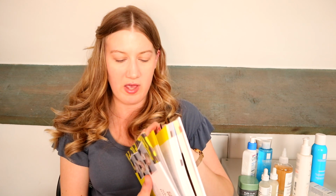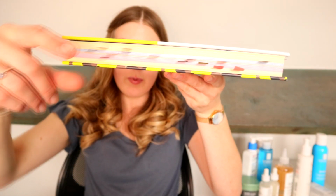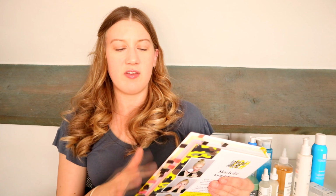Anyway, so that is my summary of how I've decided to rejig my skincare after reading this book. I have to admit it was an overwhelming amount of information when I first started reading it. There's like 300 pages if you include the index. And I put all these different post-it notes in there. I was being a proper little geek trying to go back, and black means something and then I've got red for other things. I think black was things to research, red was things to make notes of. Anyway, I would highly recommend this book, and hopefully this product selection helps you if you've got similar